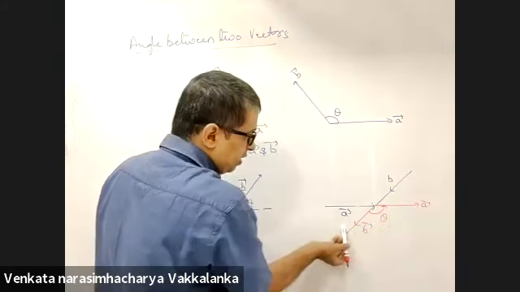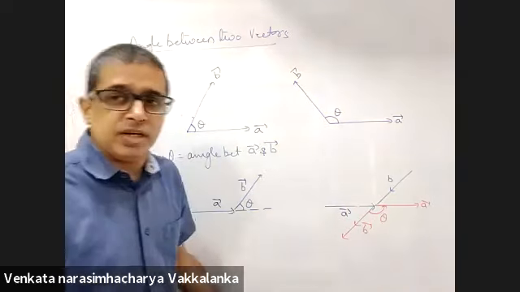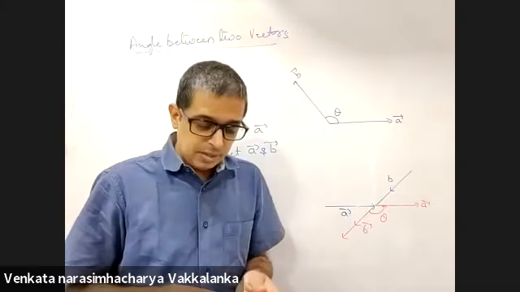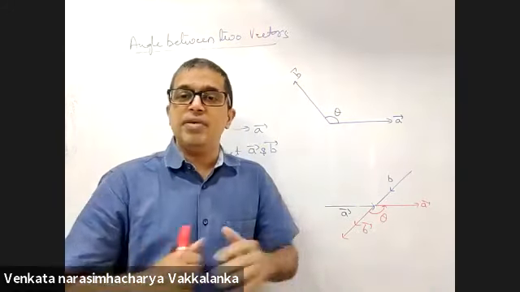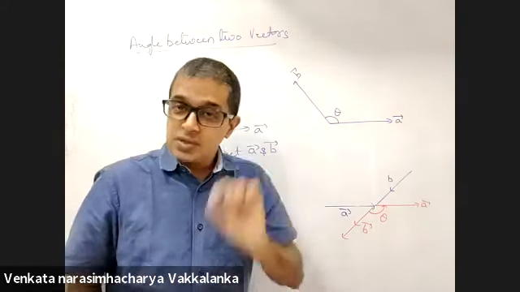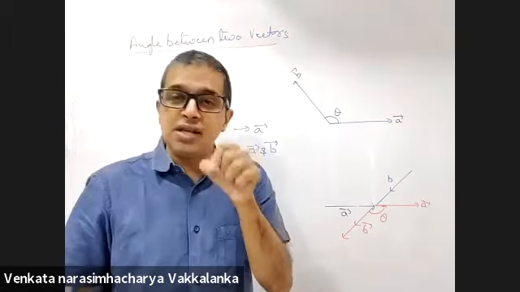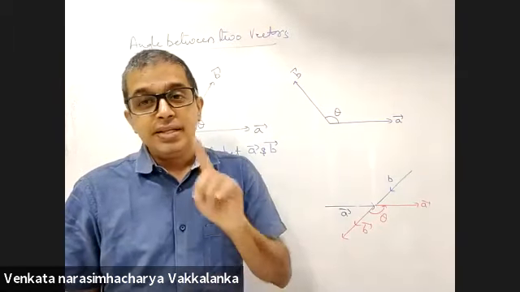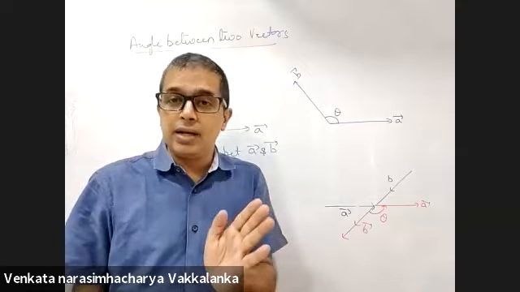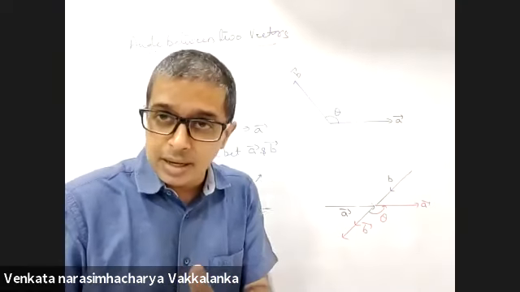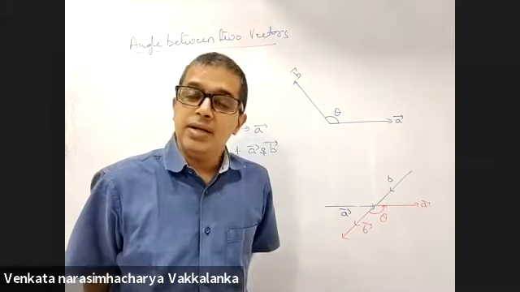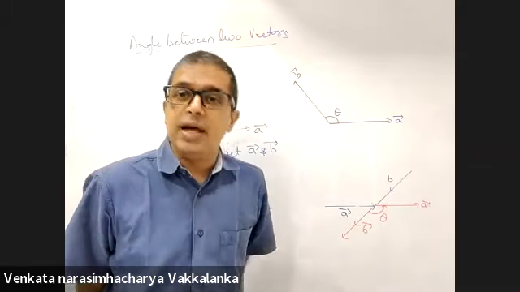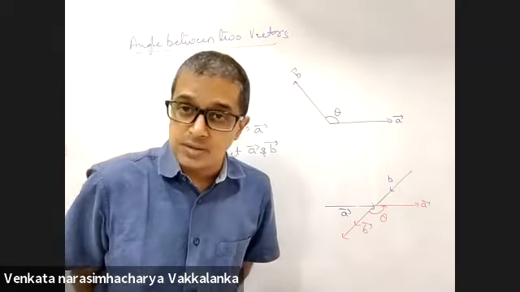Now I rotate either A towards B or B towards A. I am okay with it. So the crudest way of telling you: translate the vectors in such a way that both the tails are at one place. Then rotate one vector by the smallest angle so that it is parallel to the second vector. That angle will be called the angle between the two vectors.